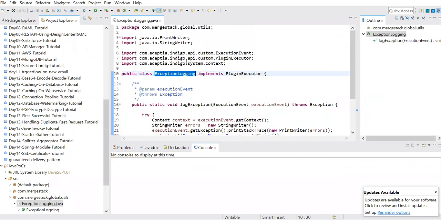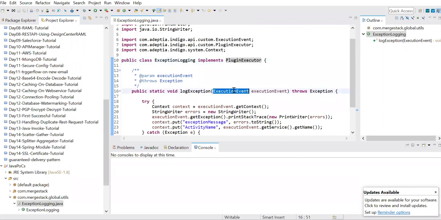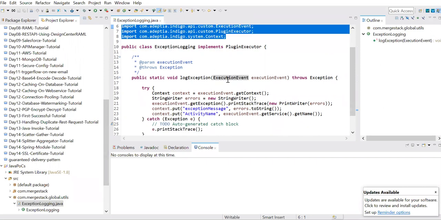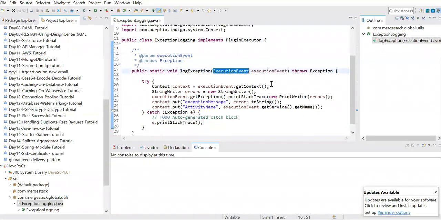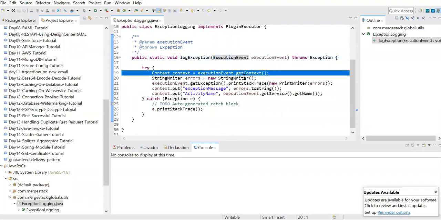So if you see here, I have simple Java code where this is a class name and it's implementing plugin executor. So this plugin executor and execution event, these are actually the Adaptia libraries we need to use. So this is the important object, execution event. From this execution event, whenever there is an exception, this event actually contains the exact state or context of your process flow. Okay, so if you see here, I'm getting the context from that execution event object, and from that context object,